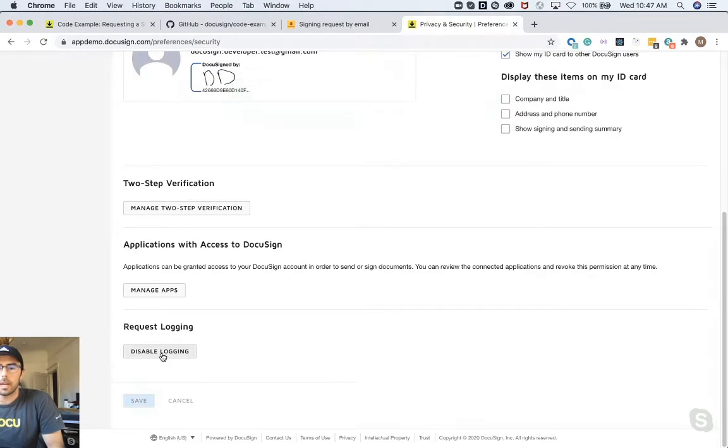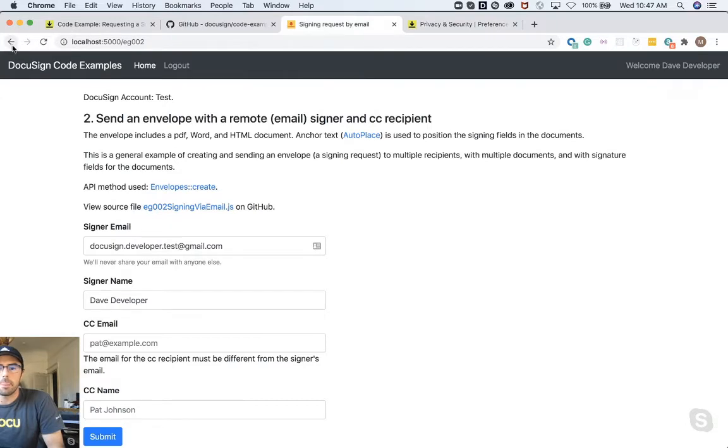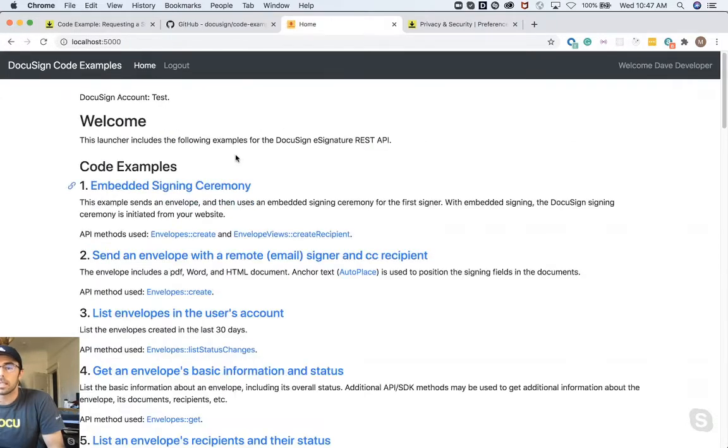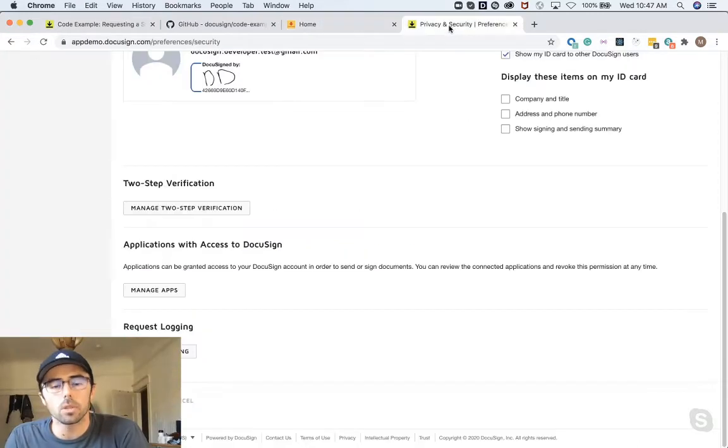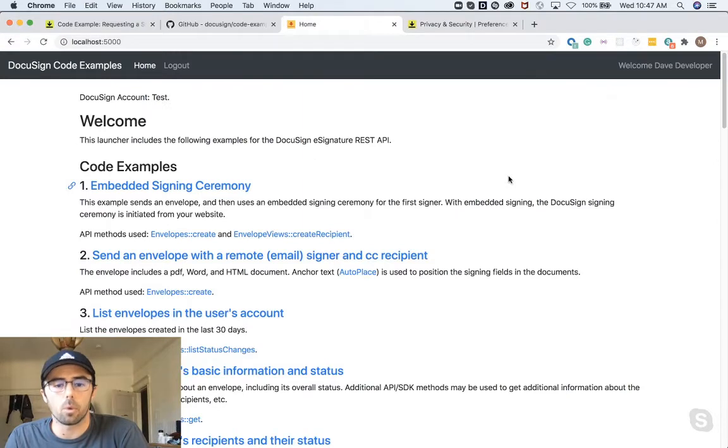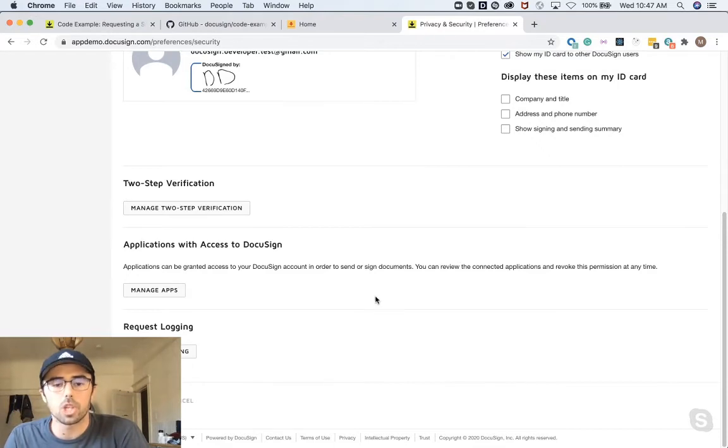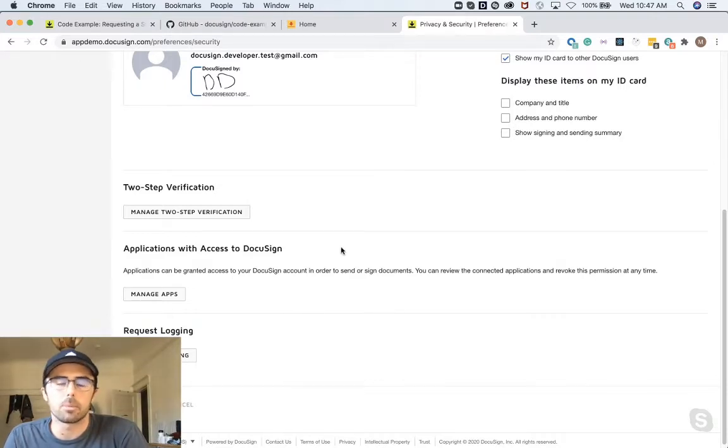Now let's go ahead and just make a request. So I'm going to go back to home, and just to clarify, I'm logged in my demo sandbox as Dave Developer, and I've also logged in and I'm using my Dave Developer account for this launcher. So any requests that I make will be logged in the demo account. As a clarification as well, this is logging all actions from my user. I'm sorry, to clarify, any API requests that are made as I progress and move throughout the UI. So you might see some additional requests in there that make no sense. It's probably because you were navigating around the UI.